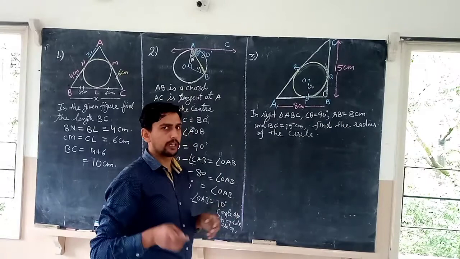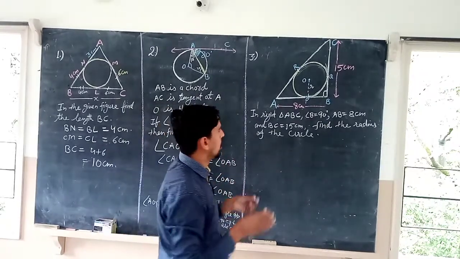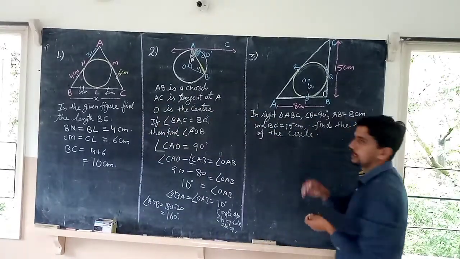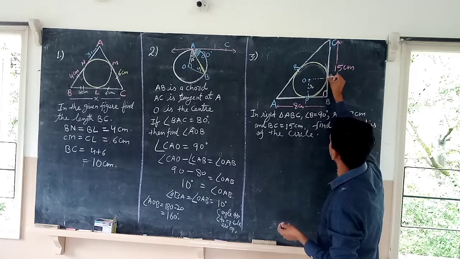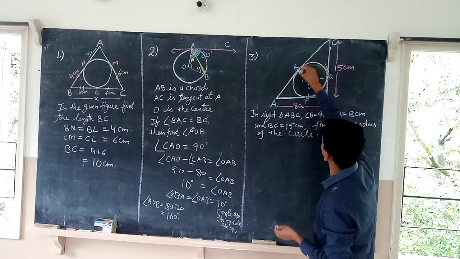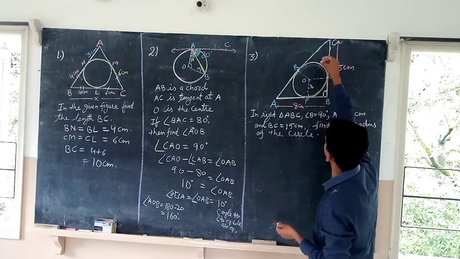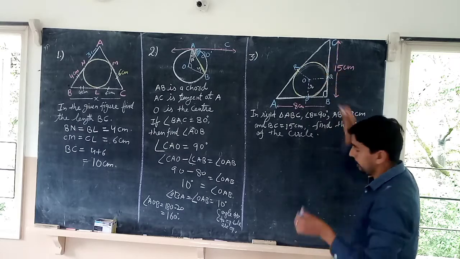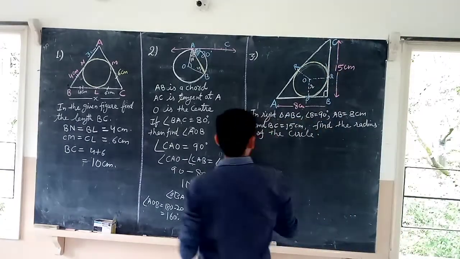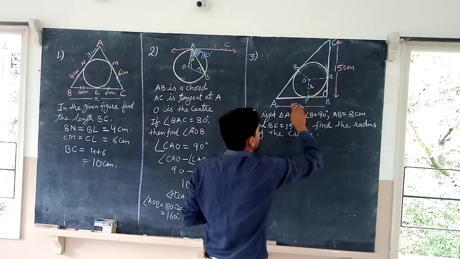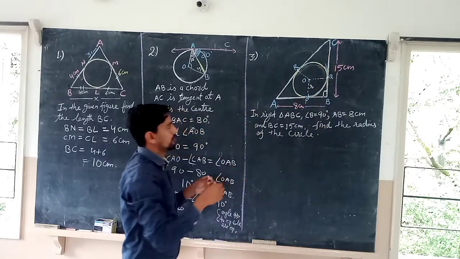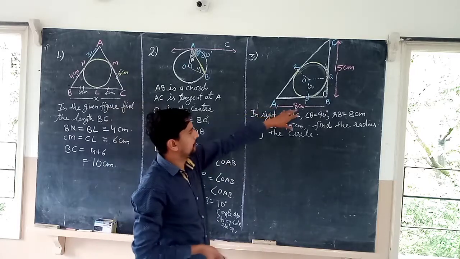I know that many of you are thinking in the right direction, that what you are going to do here, you are going to construct this, you are dropping a perpendicular again, and many of you are maybe joining this also. Now here we have to think that if I have to find out this radius, what are the information that I have been given? I have been given AB and BC.